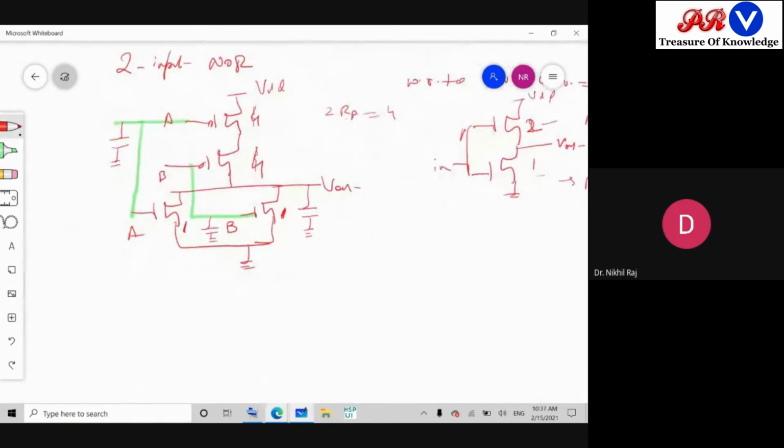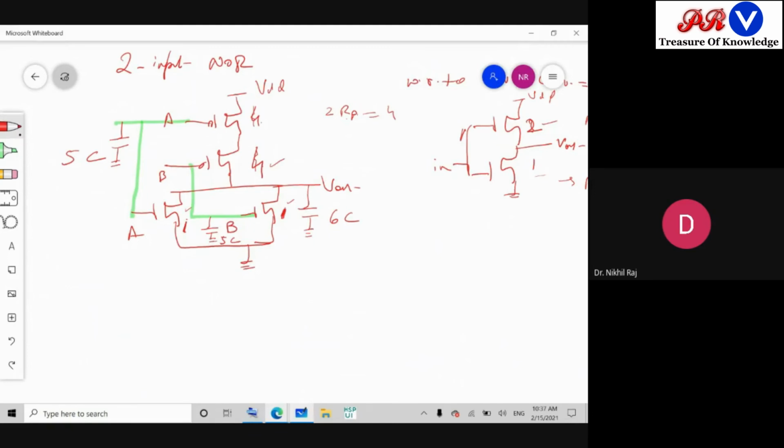Now tell me the capacitance value. What about the A input? Total input capacitance at the A node will be how much? So 4 plus 1, so total is 5C. ठीक है. B, what about B? 4 plus 1, that is 5C. And what about the output? At the output, how many capacitances are associated? Due to this 4, due to this 1, and due to this 1. So total is 4 plus 1 plus 1, that is 6C. Okay, because capacitances in parallel get added up.